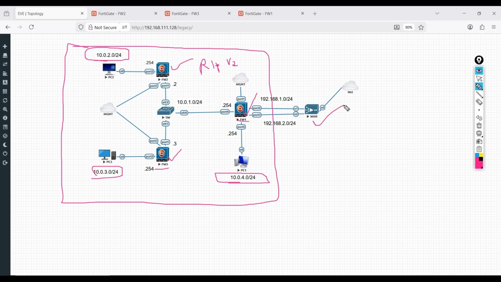And here is our WAN appliance, which is the internet facing device. If we want to communicate to the internet, then we will inject a default route via RIP towards firewall 2 and firewall 1, so that subnets 3.0 and 2.0 can access the internet in this way.